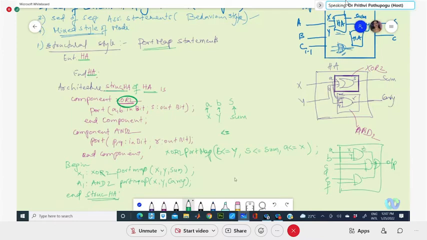The AND gate is repeated thrice. The same two input AND gate we are using, but used thrice with different inputs of the top level design, and one OR gate. How many components need to be declared? You have to declare two components, ma'am. Only two components: an AND gate and one OR gate.